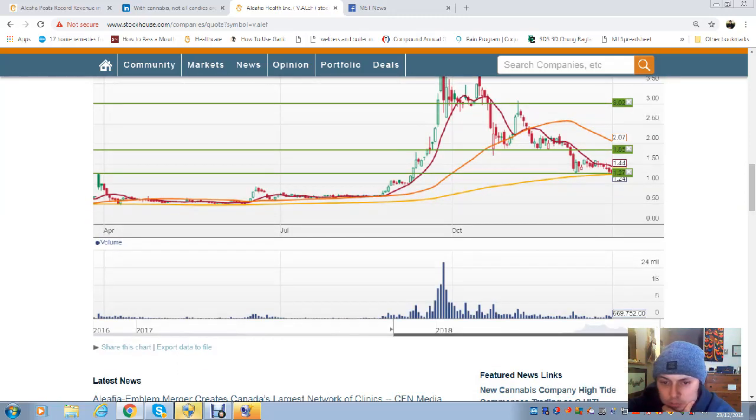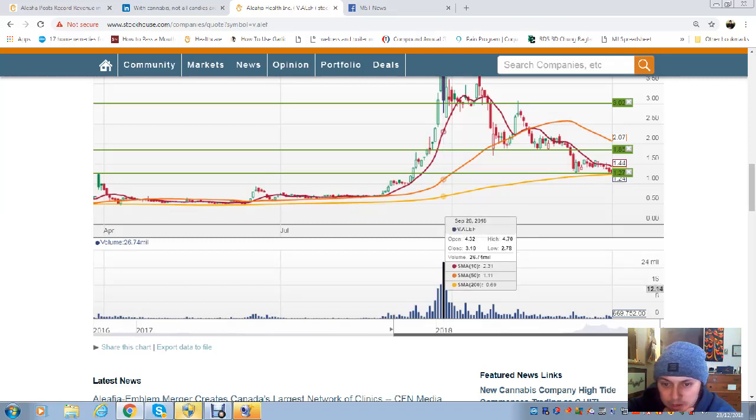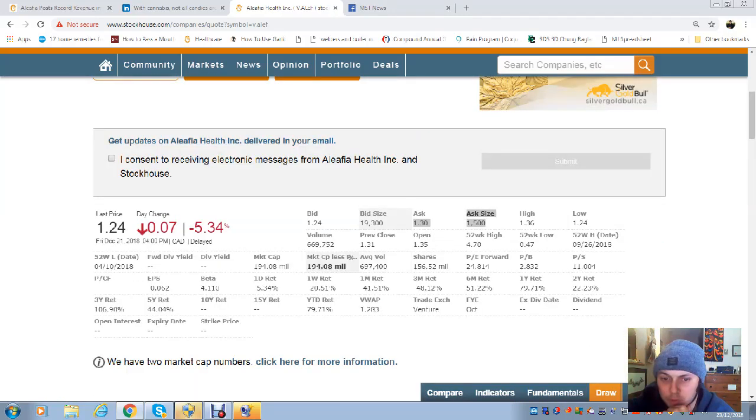So the volume was really high when it started peaking up there. About 26 million shares were traded when it went up to 470. That's what you need when it's going to ride up really high, right? So now the volume is very low. It's even lower than the average volume. It's at 669,752, and the average volume